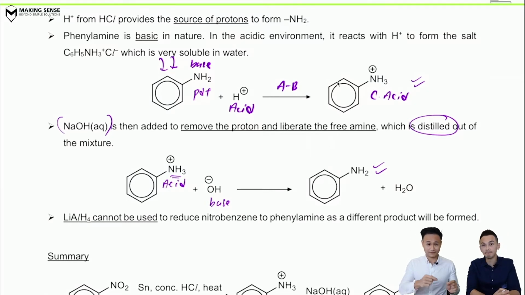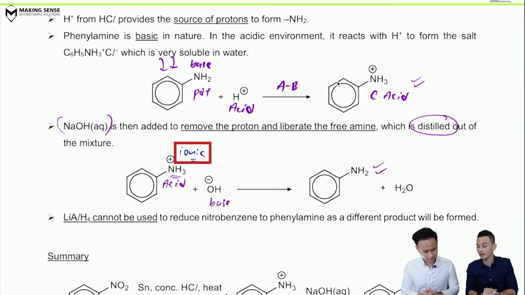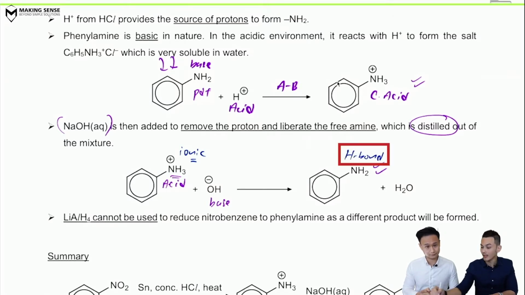Well, I see a positively charged cation, right? So most probably ionic bonding. Yep, you're right. So we expect this guy to be doing ionic bonding. What about the phenylamine? Well, I see a H directly bonded to an N in the phenylamine, so hydrogen bonding. Yep, you're right. Okay, so what happens now is you compare H bonding against ionic bonding, and we know that